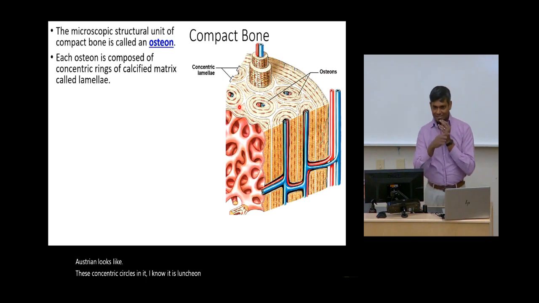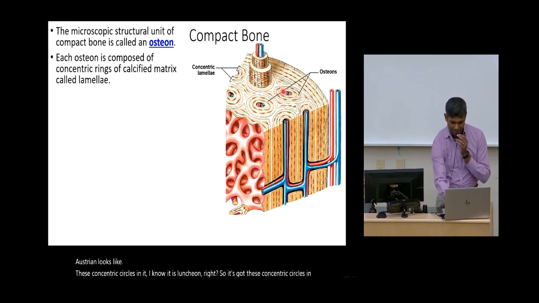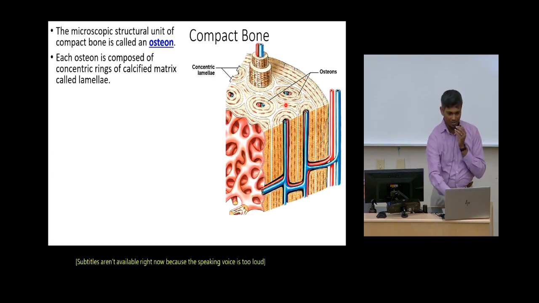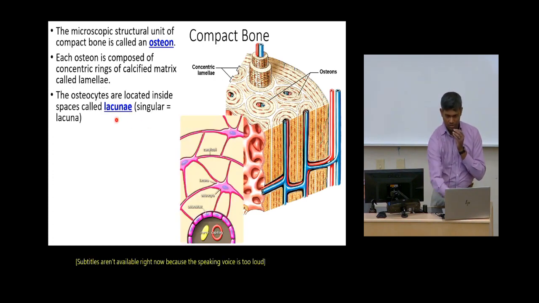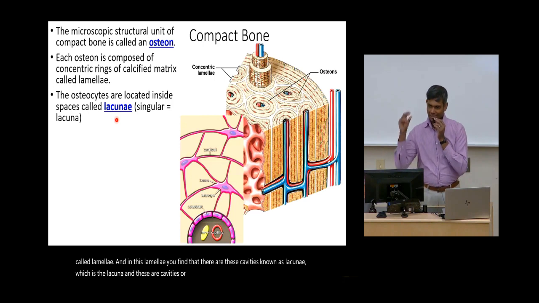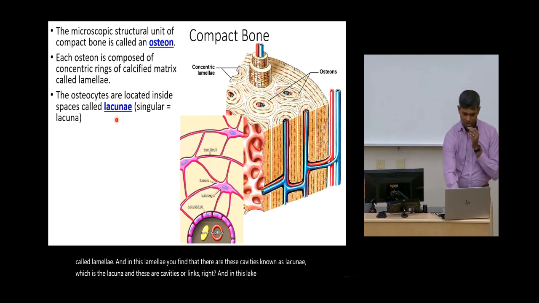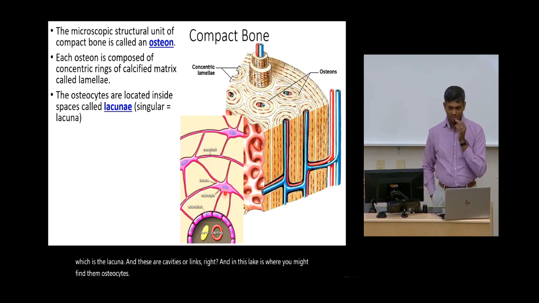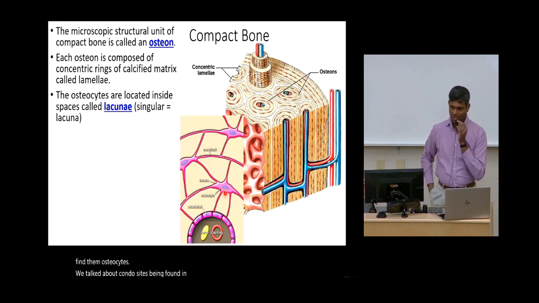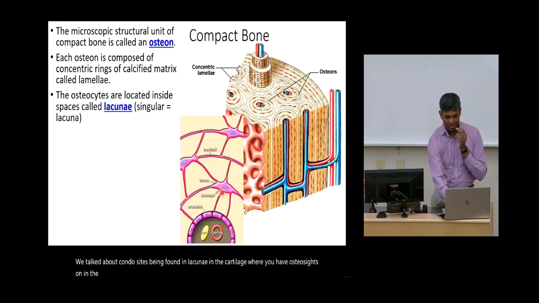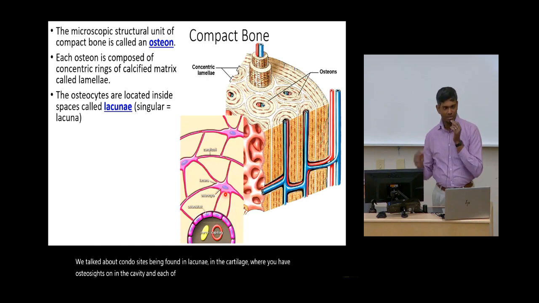So it's got these concentric circles in it called lamellae, and in this lamellae you find that there are these cavities known as lacunae, which is the plural, singular is lacuna, and these are cavities or lakes, right? And in this lake is where you would find the osteocytes. We talked about chondrocytes being found in lacunae in the cartilage. Here you have osteocytes found in the cavity, and each of these cavities